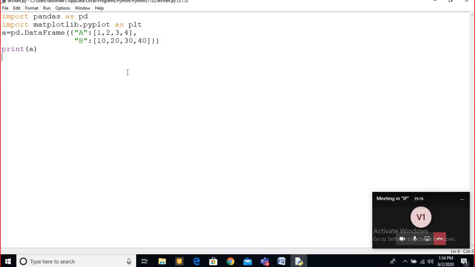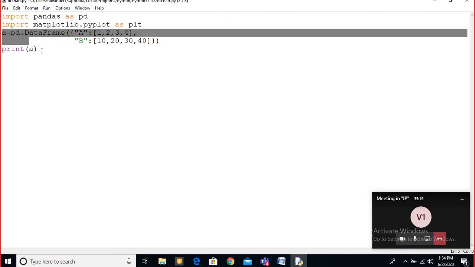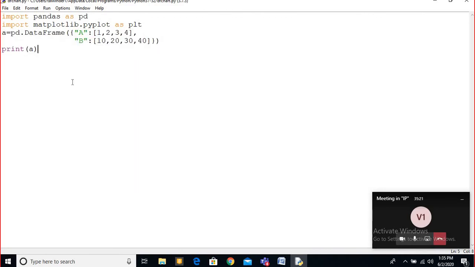Then we have this one. So you see I just printed a, there is no problem in this. Okay, so now I'm going to tell you that if you use plt dot plot, then it will print you the line chart by default. If you use plt dot bar, bar chart will be there. Plt dot hist for the histogram, plt dot pie for the pie chart. But when you use this as a data frame, there is a bit difference in that. Bit difference means your data frame is created in the variable a.